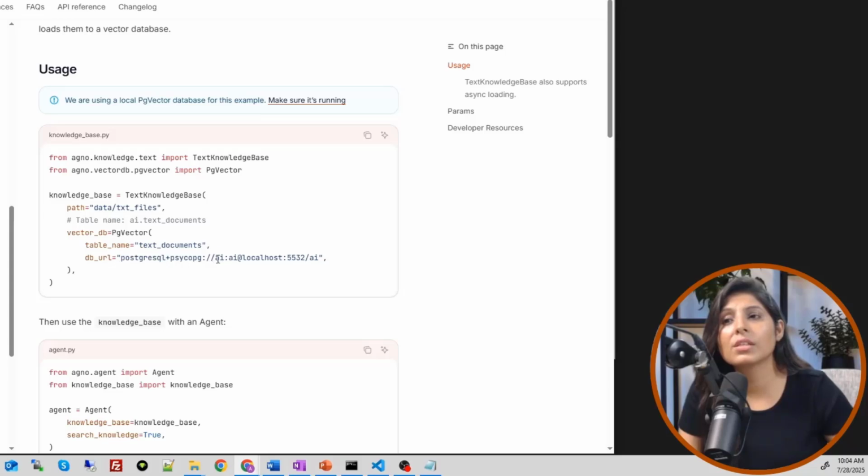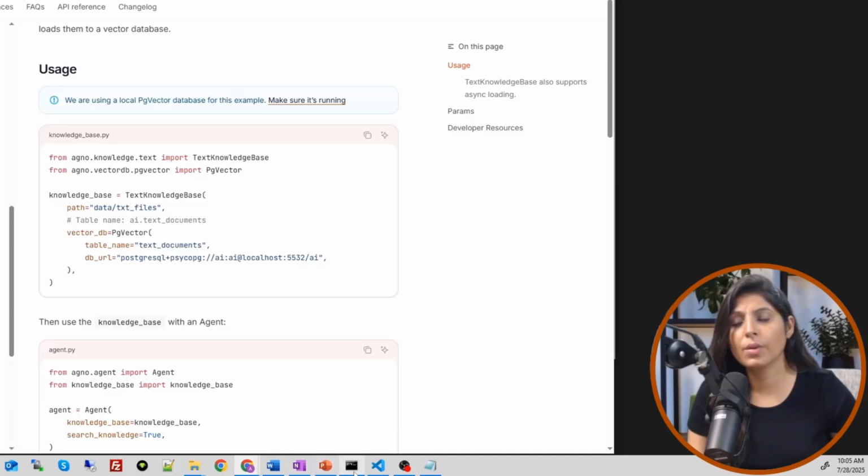Okay, so this is the username and password. Here you will write the username and password of your PostgreSQL, and this part I will show you in some time. And this is the table name: AI is the table name, username is AI, password is AI. I'll show you how to download and install the PostgreSQL database, then how to set the username and password, how to create a table, everything I'm going to tell you in some time, right? So now you get the basic idea. Now let's see the practical implementation.